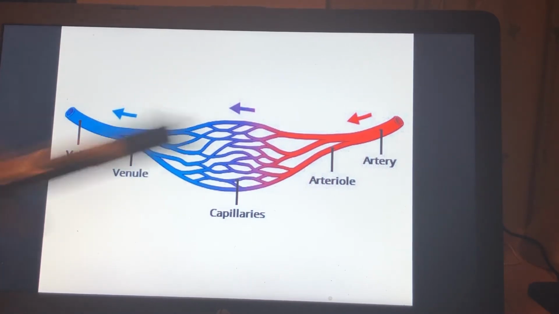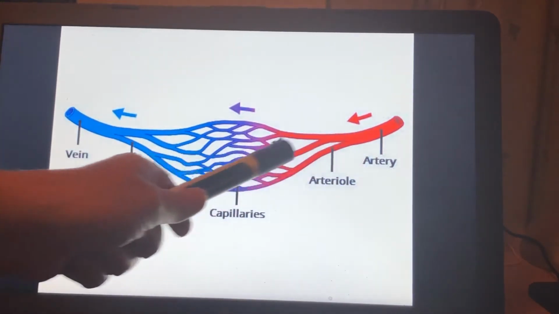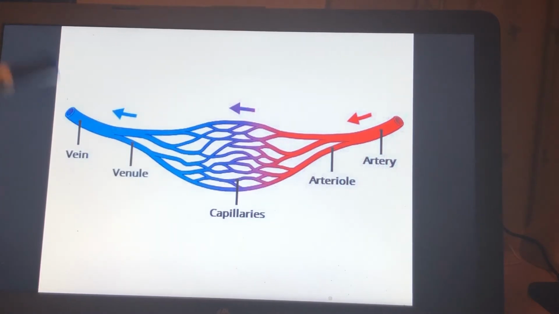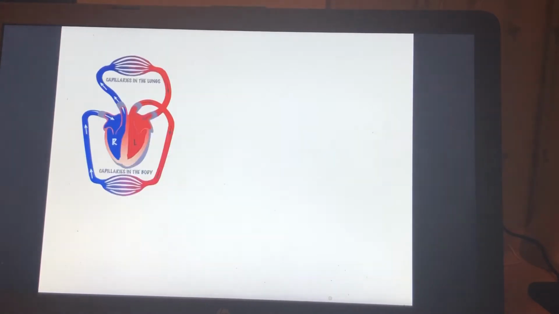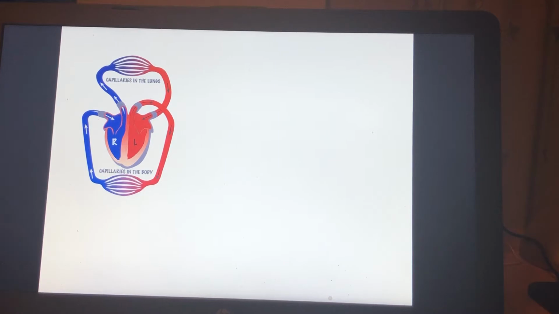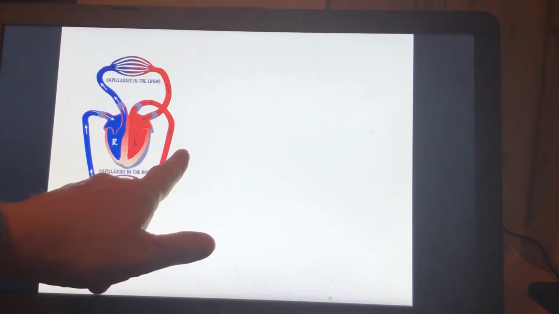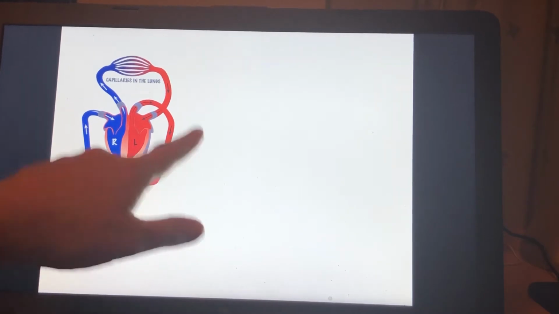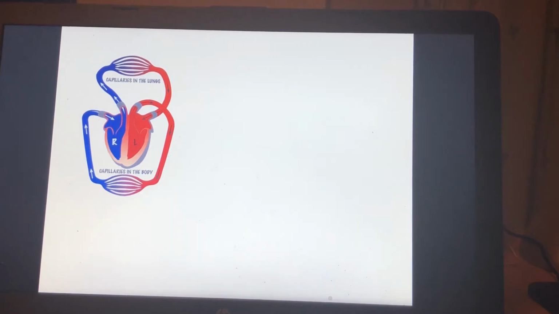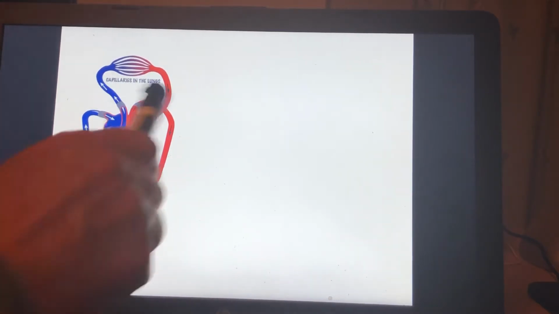So the main ones are arteries, which take blood away from the heart. They divide up into capillaries and then they join up to form veins, and they take the blood back to the heart. So if we look at this diagram, we can see that the heart has got two sides to it. And when you label a heart or any organ belonging to a body, it's as if the heart is sitting in front of you, or maybe if that was me standing, that would be my left side. If I was facing you, my left side and my right side. So we've got an L here for left and an R for right. In your book, it mightn't be very clear, so you might just want to write a big L and a